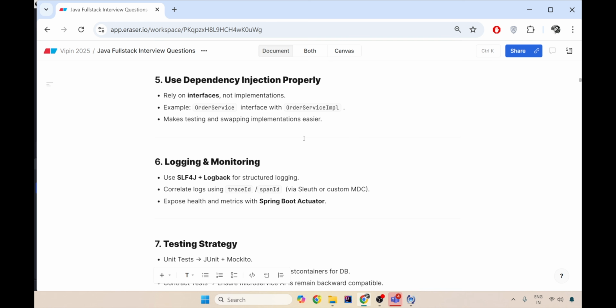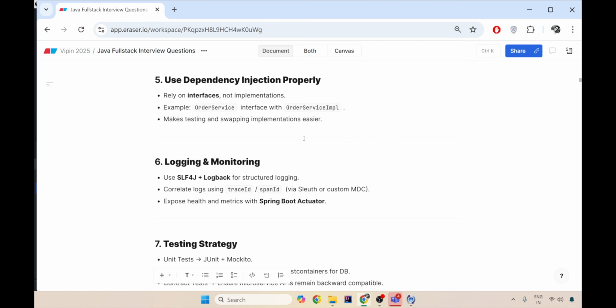Then you should create an implementation where you can say, always connect to PostgreSQL, get the data for orders. Or going forward, if you want to change it, you can always change your OrderServiceImpl or RepositoryImpl and get the data from MySQL rather than PostgreSQL. So keep your interfaces very separate from your implementations, because your interfaces tell you what you have to do. Your ServiceImpls and RepositoryImpls tell you how you have to do it.